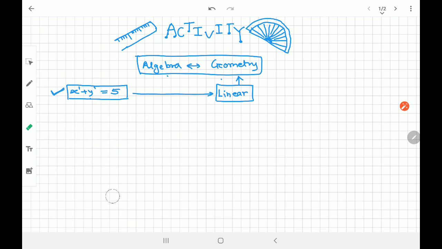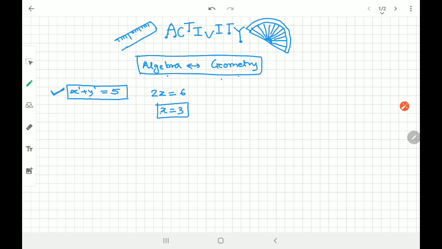Let us just understand one equation, that is x plus y equals 5. Of course we call it a linear equation. Now imagine if I want the solution of this particular equation. What do you mean by solution? In case I say 2x equals 6, the solution means finding x equals 3.